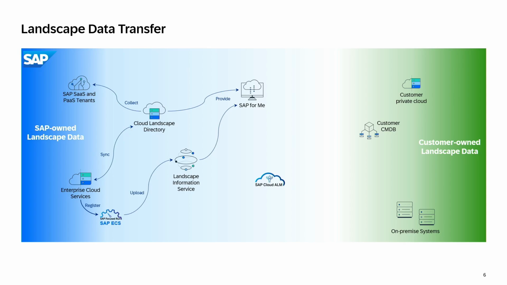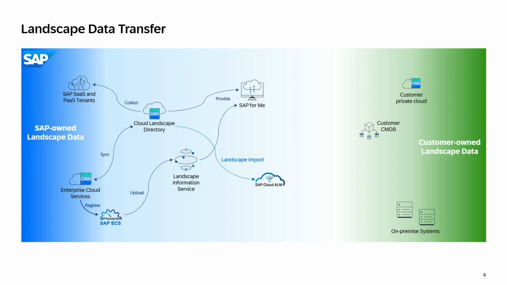But what you have now in these two directories is basically all the landscape data that you can have for SAP-owned landscape data. What do we do with this? For one, we provide it to SAP for Me. So when you go into SAP for Me, you see all your systems. You see all your private cloud systems. You can provision systems from there, which then basically creates a loop, if you will. You can run your software updates from there, etc. So this all goes into SAP for Me, but it also, at least for the cloud landscape directory, goes into